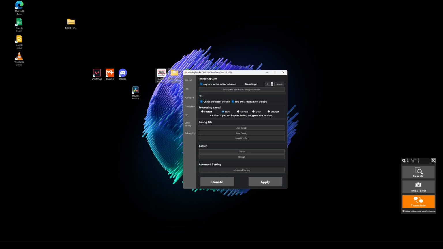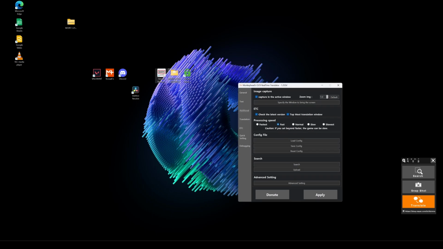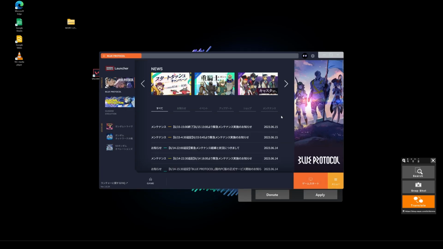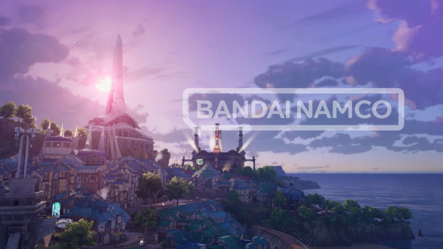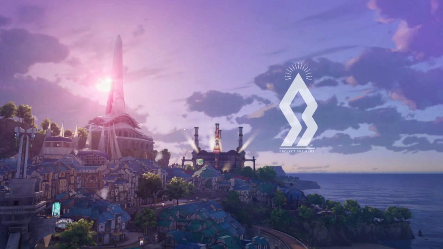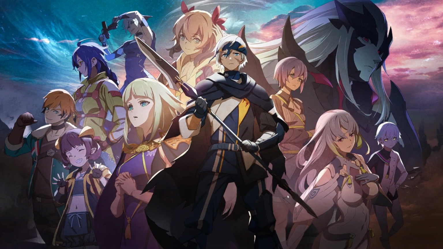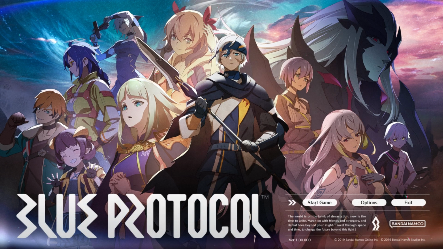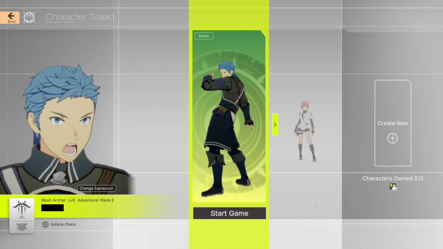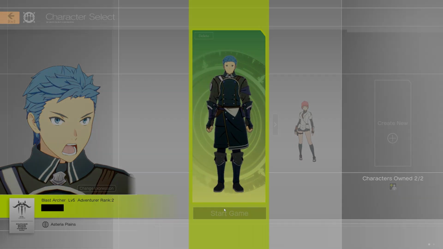And then we are going to run our Bandai Namco launcher. Make sure that you have your VPN on. Mine is already on. Start game, select my character,